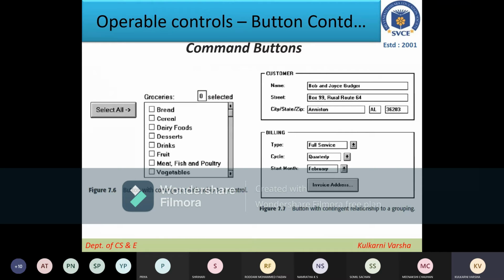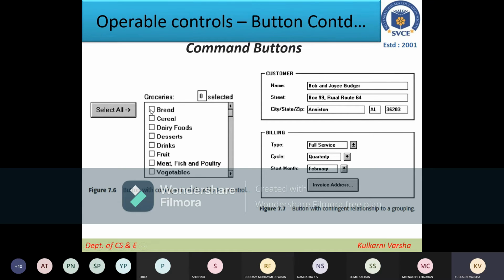Then we have some more features with respect to command buttons. Guys, one second, you can see the layout of this also. This is also a very expanding kind of window. You can see this button, Select All. When we click on this, it will select all the check boxes.